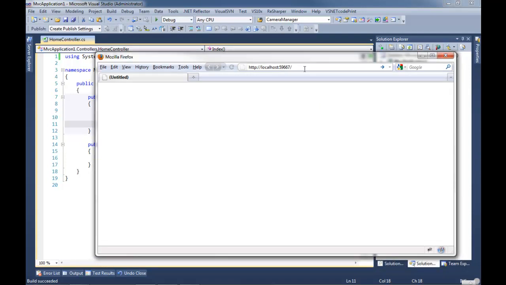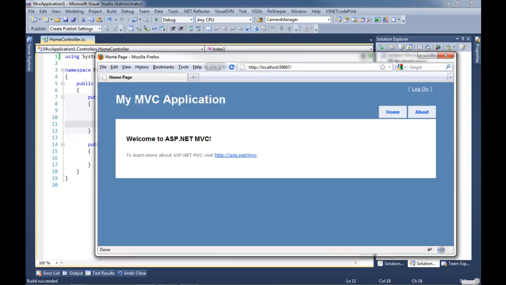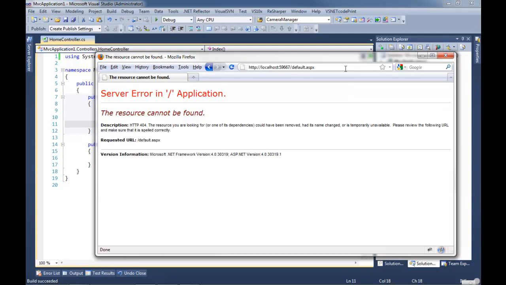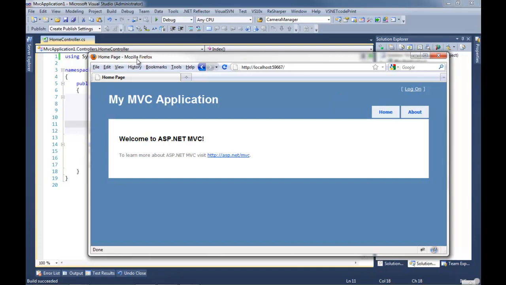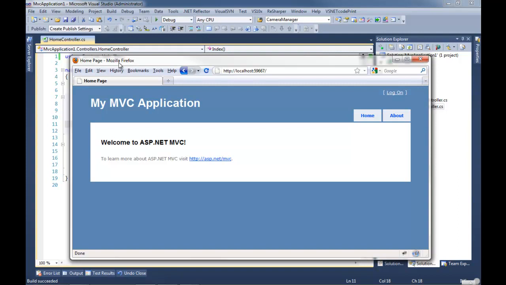Yeah, but so we're going to do that and hit enter, and we get the MVC application. Now, you want to see something cool? There is no default.aspx. And if I go to about, look at the URL. So if you wanted to give somebody the location to go to, you're not going to give them a specific file. Well, I mean, you're going to give them a URL, but not with a file resource at the very end of the URL, though. Yeah, without the ASPX. And how this is possible, it's really, really cool, and I like it a lot.